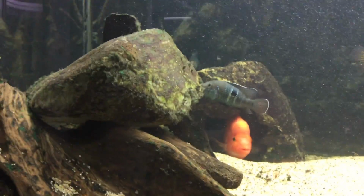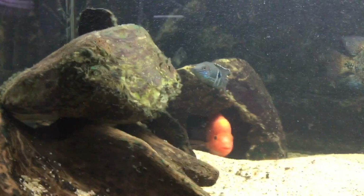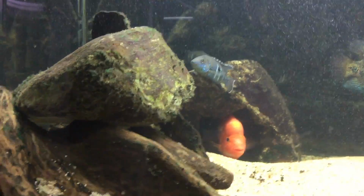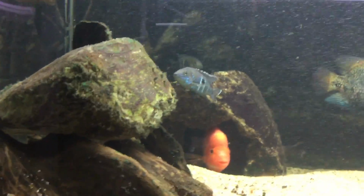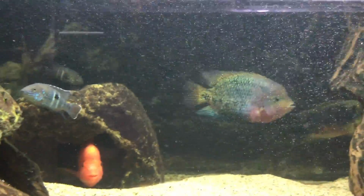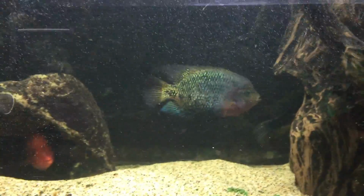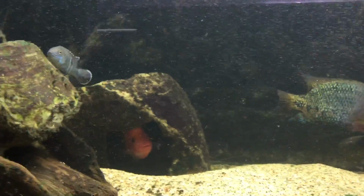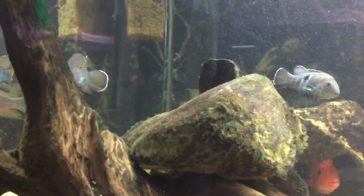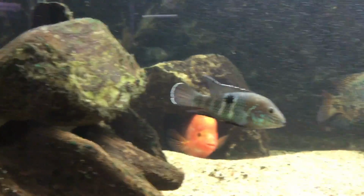Tetracanthus is probably the most readily available. It certainly has been in and out of the hobby for 70 years, more or less. Back in the old days, it often was confused with the jaguar cichlid, Parachromis managuensis, and the other of the 3 that has kind of been in and out of the hobby, never really got super